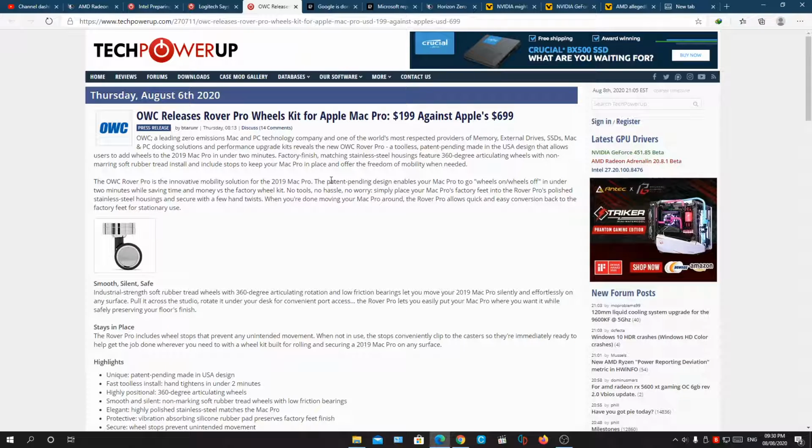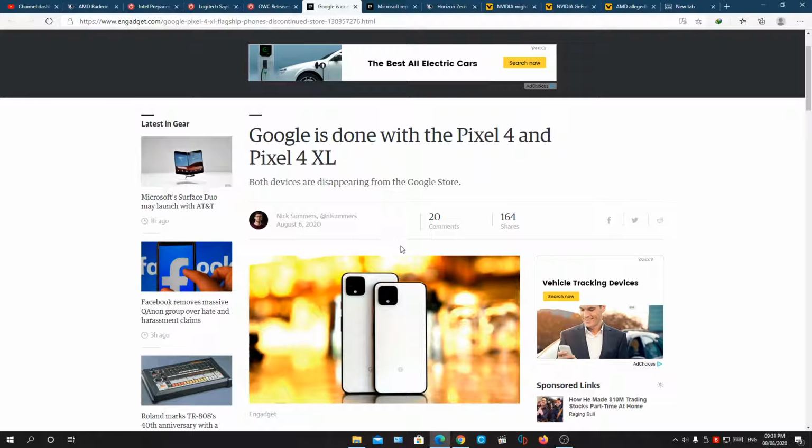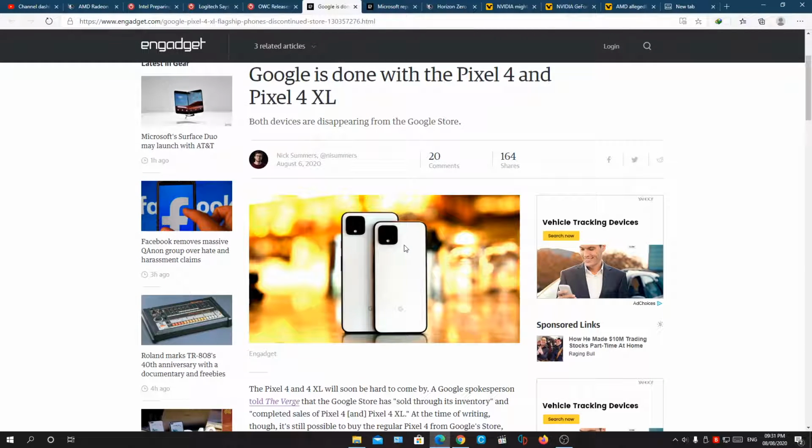So there you go. Next, Google. Google is done with the Pixel 4 and Pixel 4 XL. Both devices have disappeared from the Google stores. Oh, yes. Google is finished with these phones, probably because they didn't sell very well. Mostly because of the humongous forehead bezel that it had, in order to accommodate the Project Soli sensors that they touted, a new type of radar and interfacing with their phone,